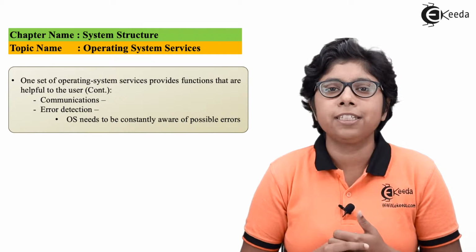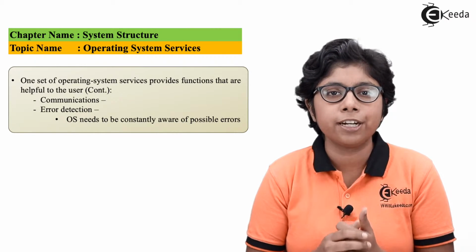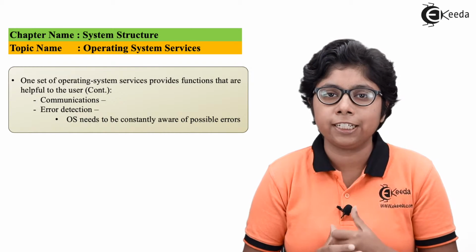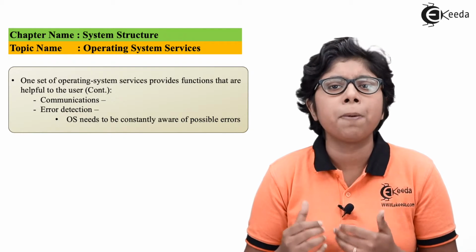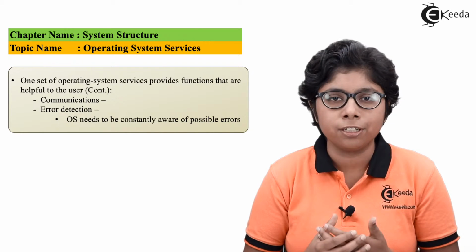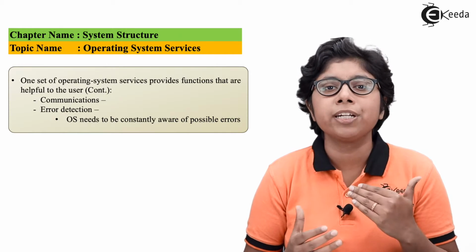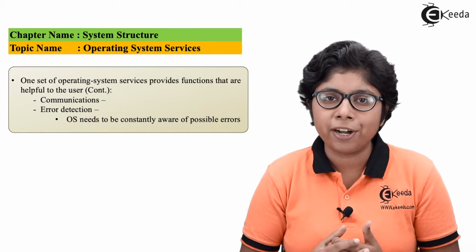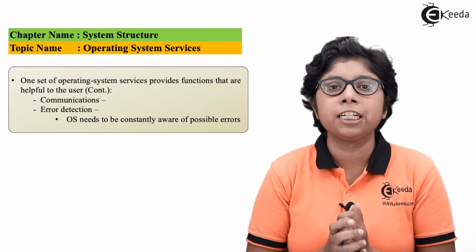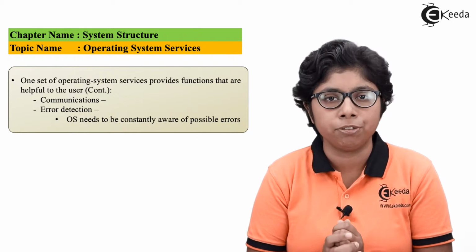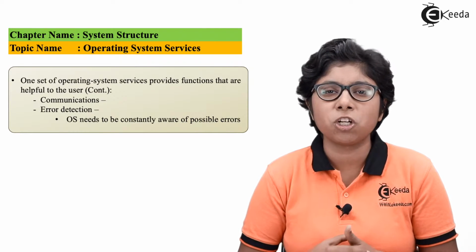The next one is error detection. The operating system must take the necessary action for error detection and correcting the errors. These errors may be caused by memory or hardware, like a memory error or power failure, or by a user program, like an arithmetic overflow, an illegal access of memory, or too great use of the CPU time. For each type of error, a different type of action is necessary to provide continuing, consistent and correct computing. These errors can be handled by the operating system itself by providing an interrupt or a trap